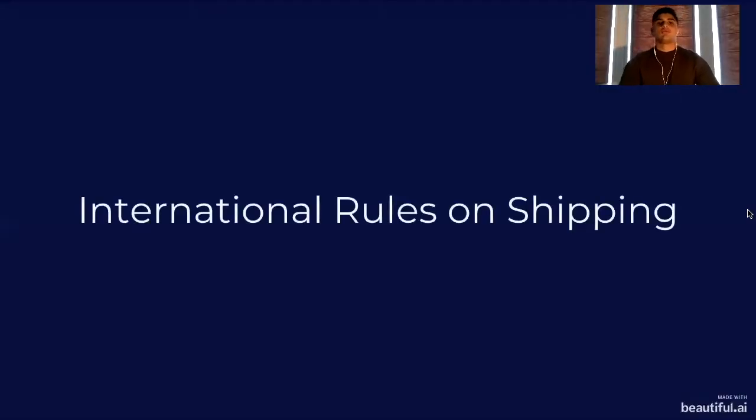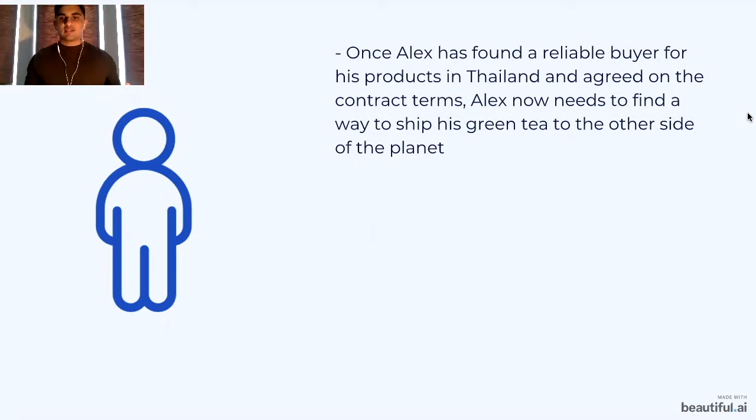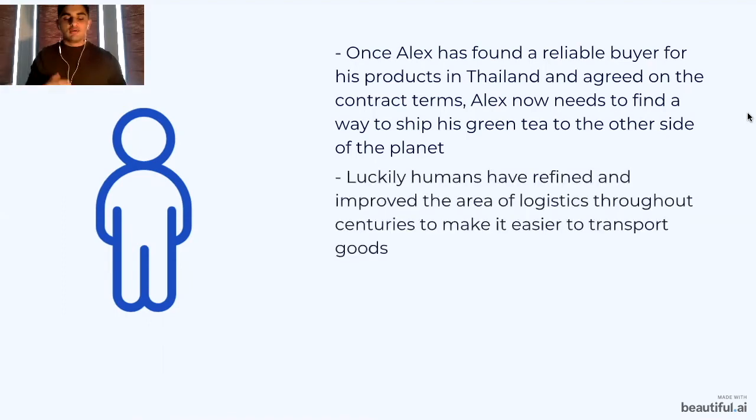Okay, and we're looking at rules on shipping. So once Alex has actually found a reliable buyer and he's concluded his contract terms, remember under the CISG from the last lecture, Alex now needs to find a way to actually ship his green tea to the other side of the planet. Now, it seems like a really, really tough task, right? But luckily,